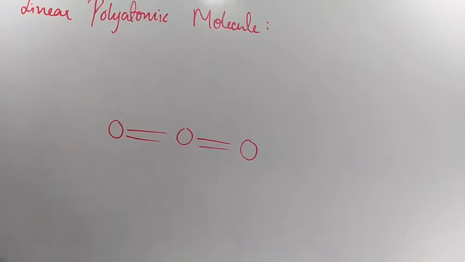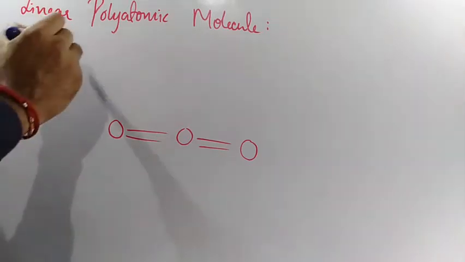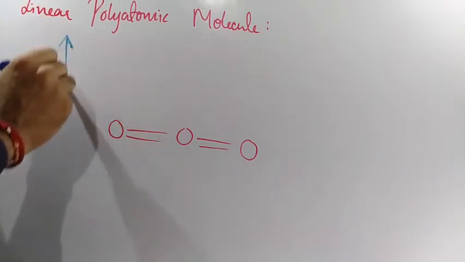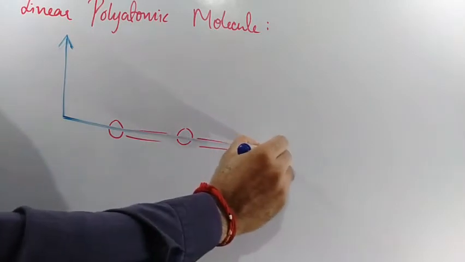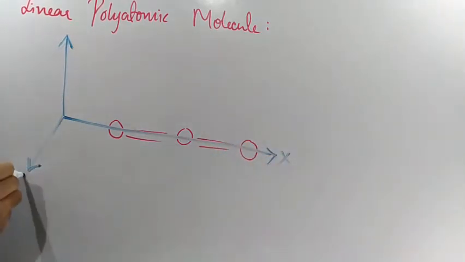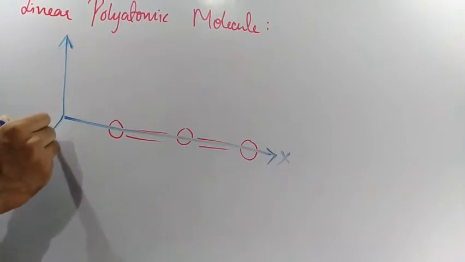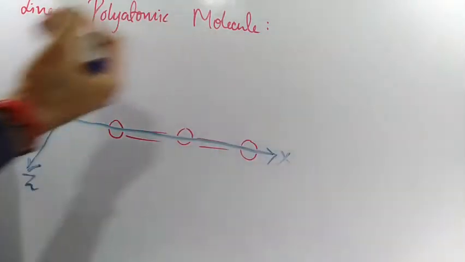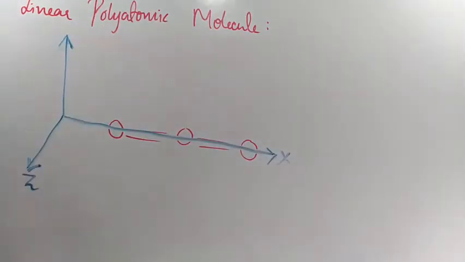Now, this linear polyatomic molecule, in which all directions will it vibrate, you just think of it. So shall we draw axes over here? This is Y, this one stands for X as usual, this one Z. Clear? This one is the Z axis, X axis. This is nothing but the origin. Now listen.